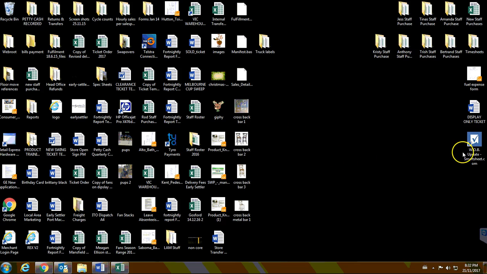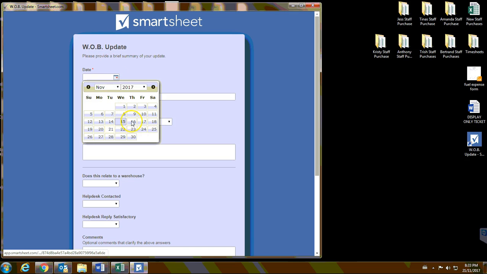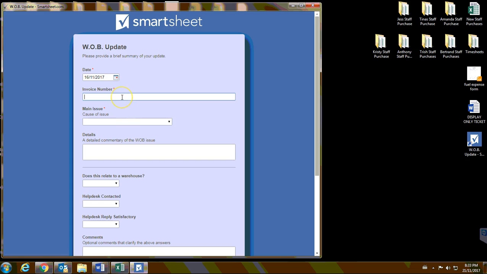Firstly, I've put on your desktop the work order balance shortcut here. So if you just double click that whenever you've got an issue, it opens up in a new window, and you just go through and fill in the obvious details,